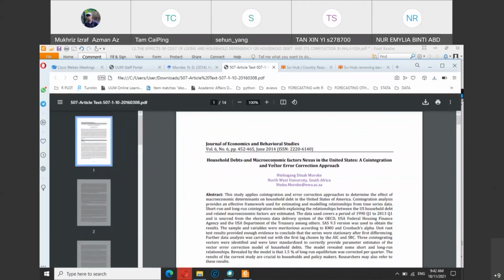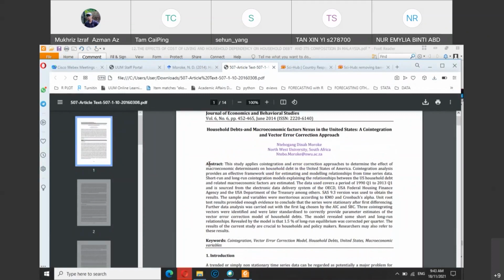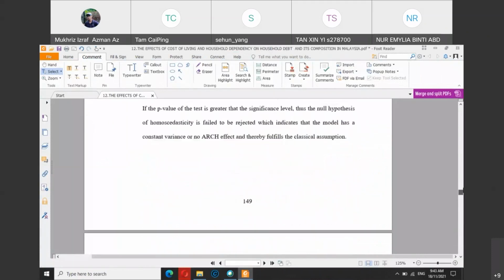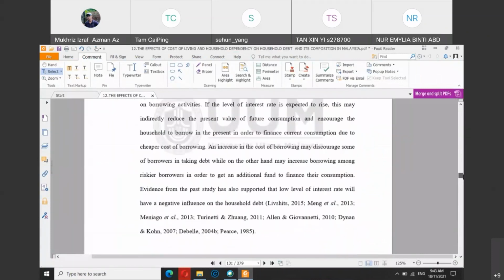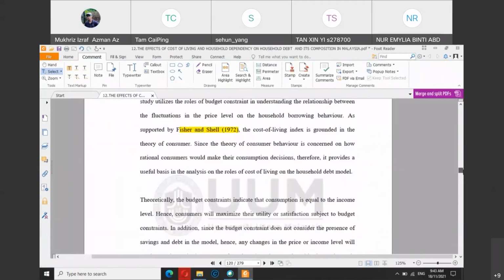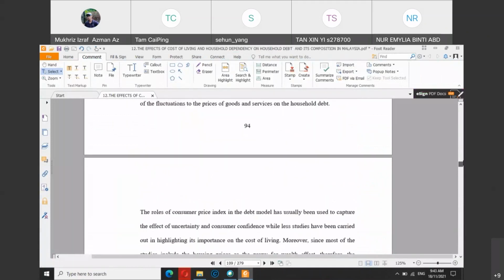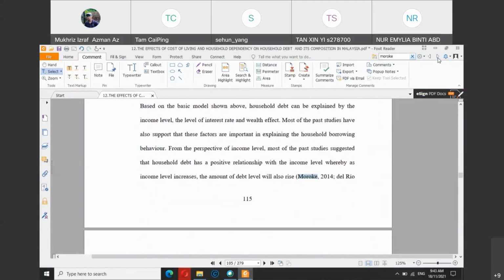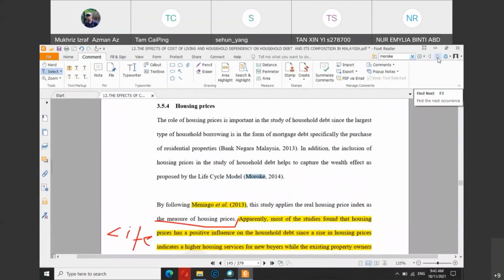So you can read the abstract and compare this information with the one that you found in the student thesis, and see whether what she summarized is the same as Moroki 2014 or not. That is actually the best way to cite a paper, not to simply copy and paste and assume that the student summarized it correctly.